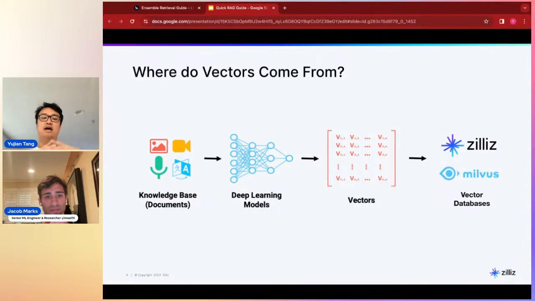And so vectors can work on any sorts of data. They can work on image data, they can work on text data, it doesn't really matter. For this example, we're just going to look at how images and text work with CLIP. And what happens generally is you take this data, and you send it to a deep learning model.